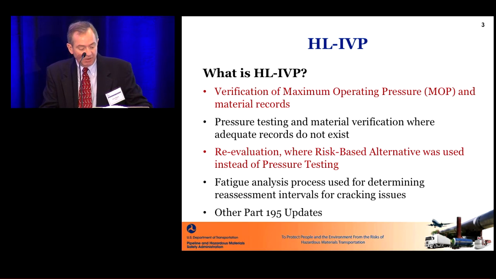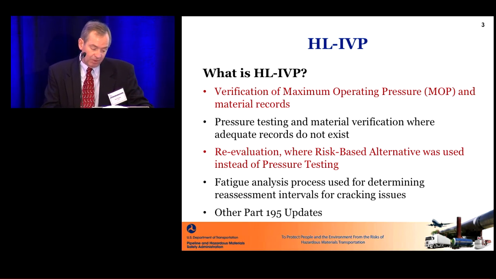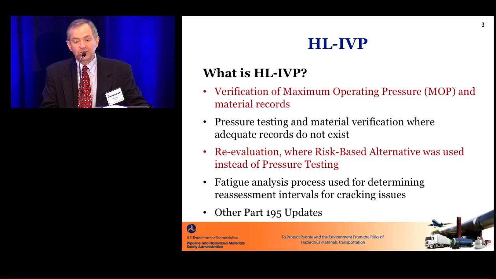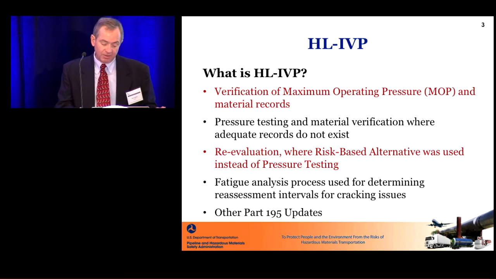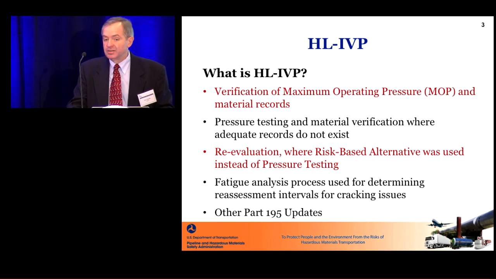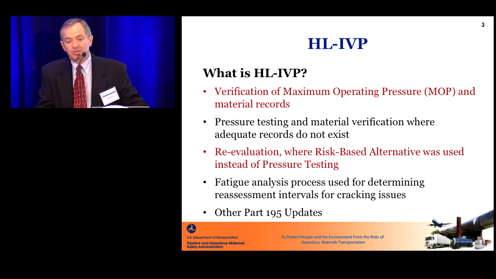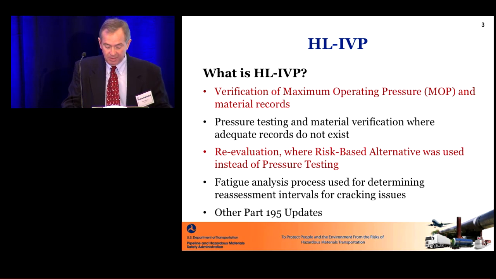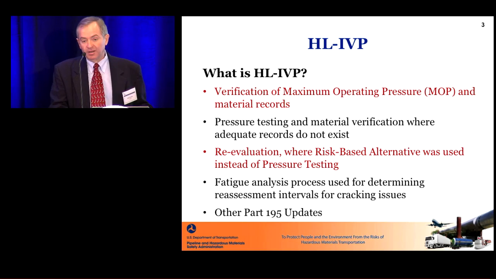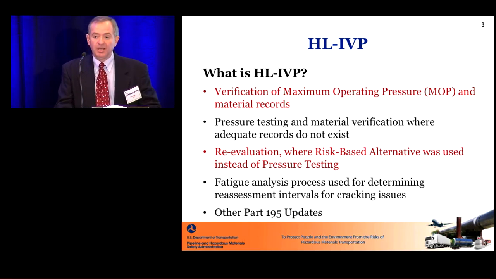Where should HL-IVP be applicable? Well, I think the obvious is in high consequence areas. And which non-high consequence areas should we be considering? Should we consider rural gathering lines that could affect an HCA? Should we look at interstates, freeways, four-lane highways? Should that be part of it? Should HVL pipelines be in it? And then where should we draw the line? Should it be 20% and above SMYS, below 20%, 30%? You know, where should that cutoff be?